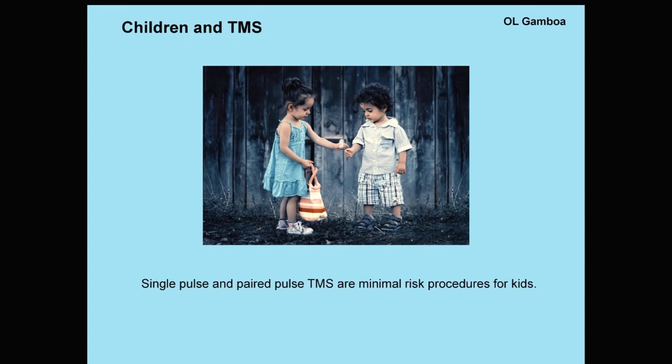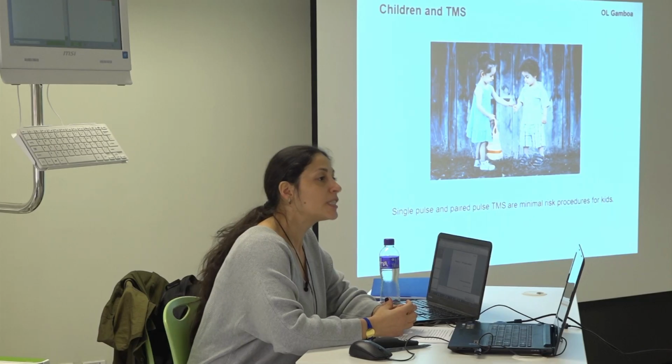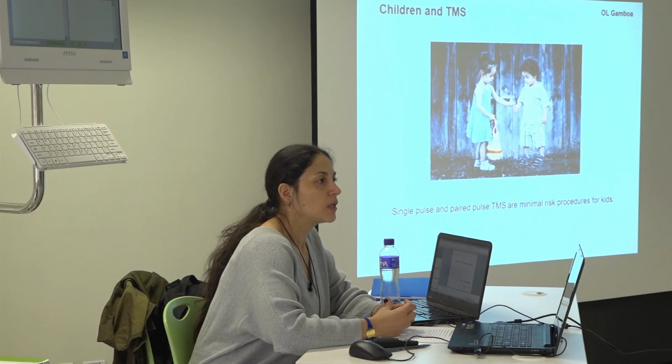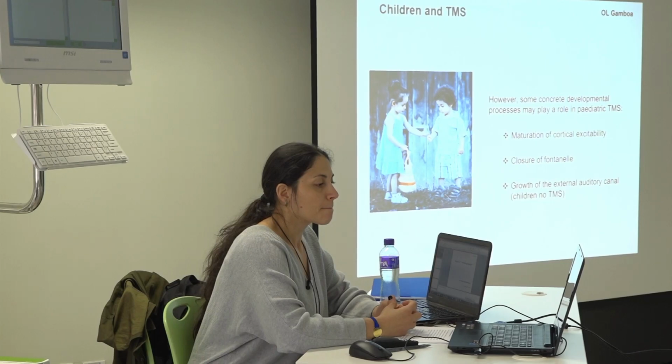Well, children and TMS. We have already mentioned that and done some wording about it. Single pulse and paired pulse are a minimal risk procedure for kids. You can use it to measure excitability; it will be more like a measurement procedure, to see how excitable the brain is. But rTMS is not that recommended